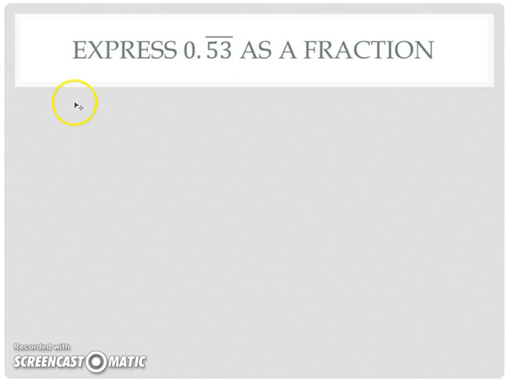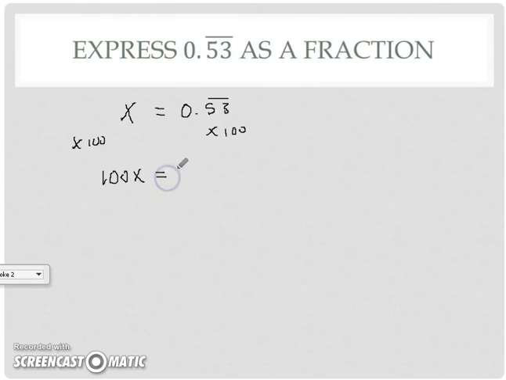So as another example, if I have 0.53 repeating and I want to write this as a fraction, the repeating chunk is 53. First set it up as an equation. So x equals 0.53 repeating. I'm going to multiply by 100 because there's 2 digits. So times 100 on each of these, I end up with 100x equaling 53.53 repeating. I want to subtract my original equation,